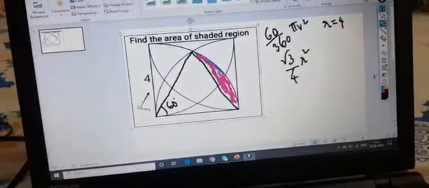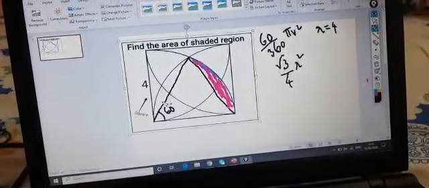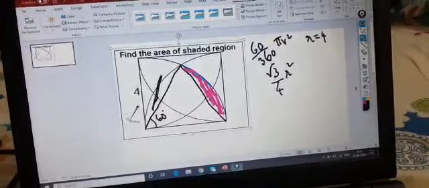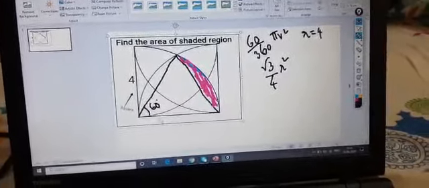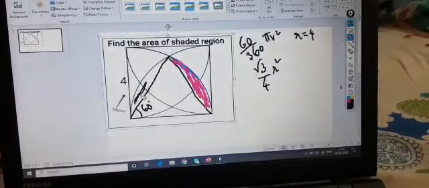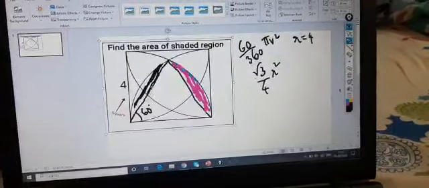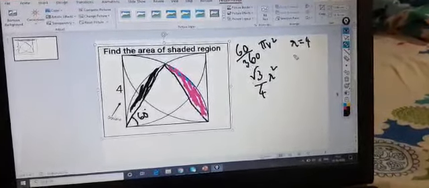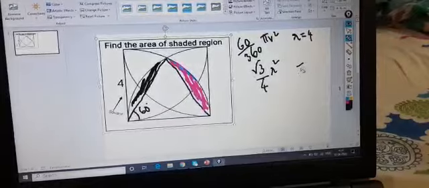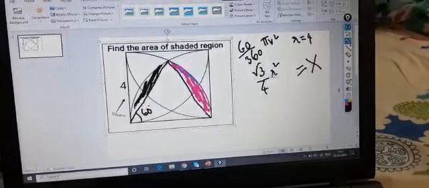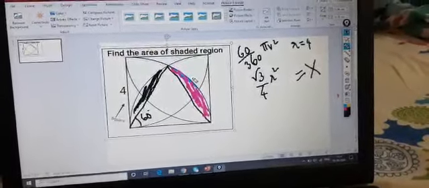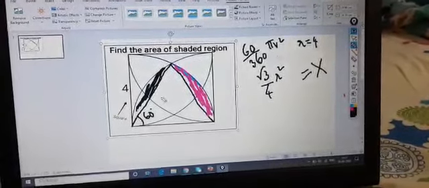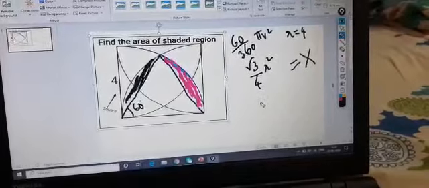So this pink shaded part is again symmetrical to this. I'm shading in black, sorry. This is also similar to this shaded in black. Okay, so for sake of simplicity, let me put this as capital X. Difference between these two, which is equal to area of one shaded piece, equals to X. So two shaded pieces here will be equal to 2X.